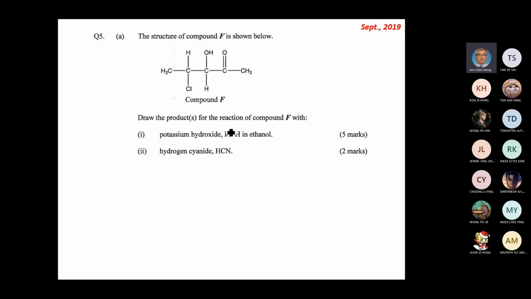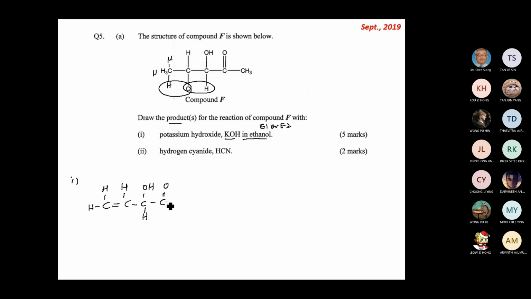Next one. This compound undergoing to form, draw the product when reaction F reacted with potassium hydroxide, KOH in ethanol. Sounds so familiar. Why is it? Yes, we know this is under either E1 or E2. E1, E2, okay, where? Here. And we expand the chemical structure, the chemical can be formed by another site. So they can able to form two compounds, which are here. This is the first. Secondly,